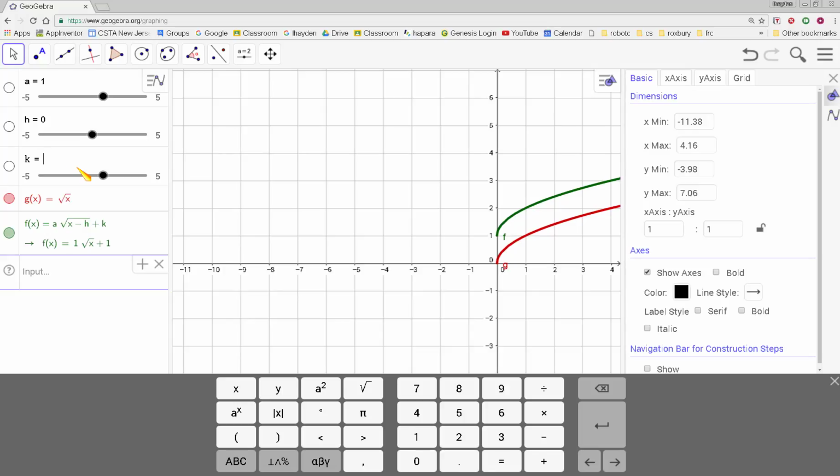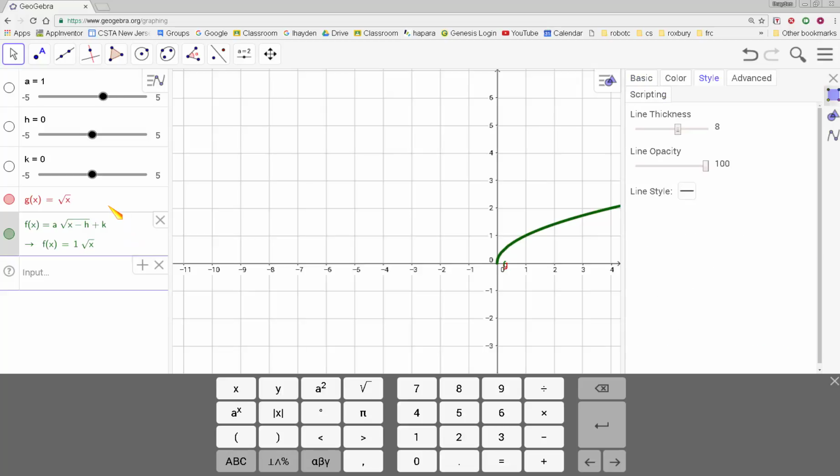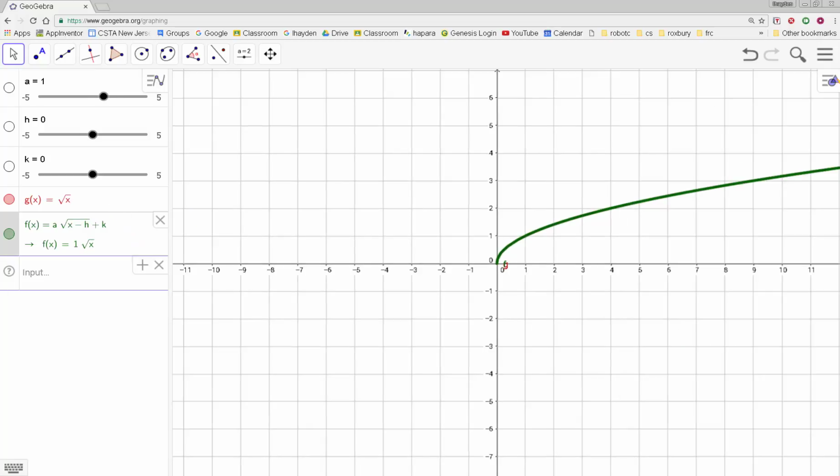So I'm going to change K to be 0 as well, and once you do that, you'll see that the shifted and the parent function are essentially the same thing, because there is no shift and there's no multiplier for A. The shape of both functions is the same because they're the same function. Alright, so those are